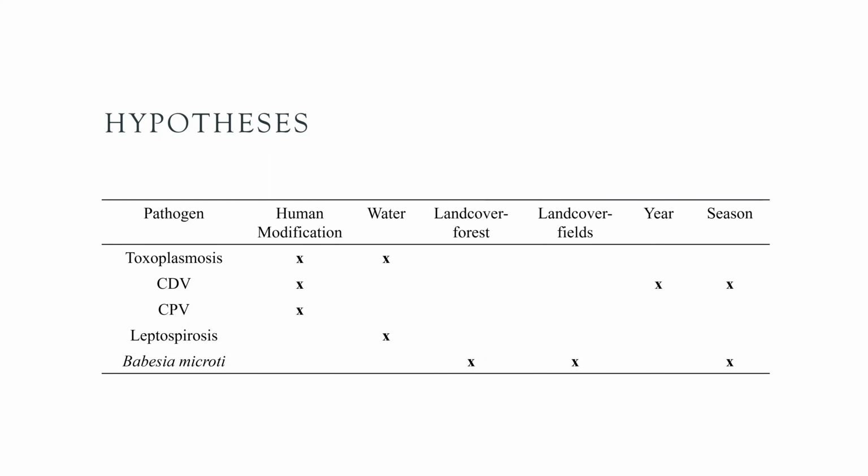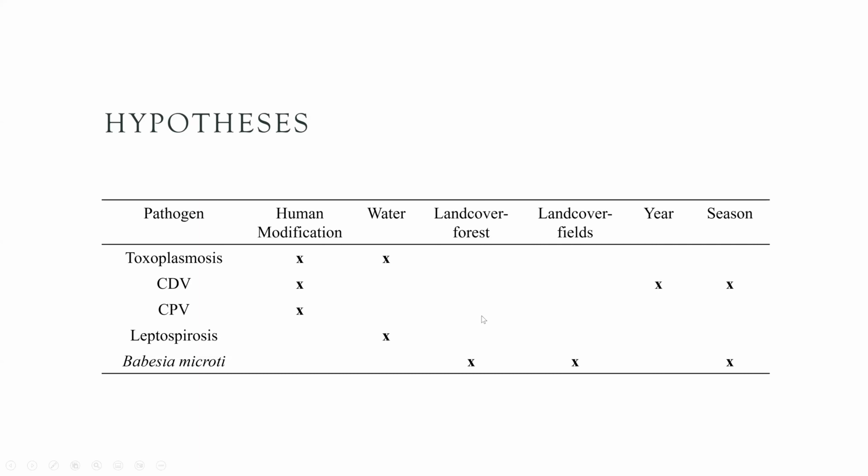I based hypotheses on what we know about these pathogens and how they persist and are transmitted. So toxoplasmosis is often associated with domestic cats, so I expected human modification would have an impact on that. And we know that toxoplasmosis can also persist, especially in water. So I expected water might have an influence on prevalence. Canine distemper virus and canine parvovirus are both associated with domestic dogs. And so again, I expected human modification might have an impact on their prevalence and on infection status in striped